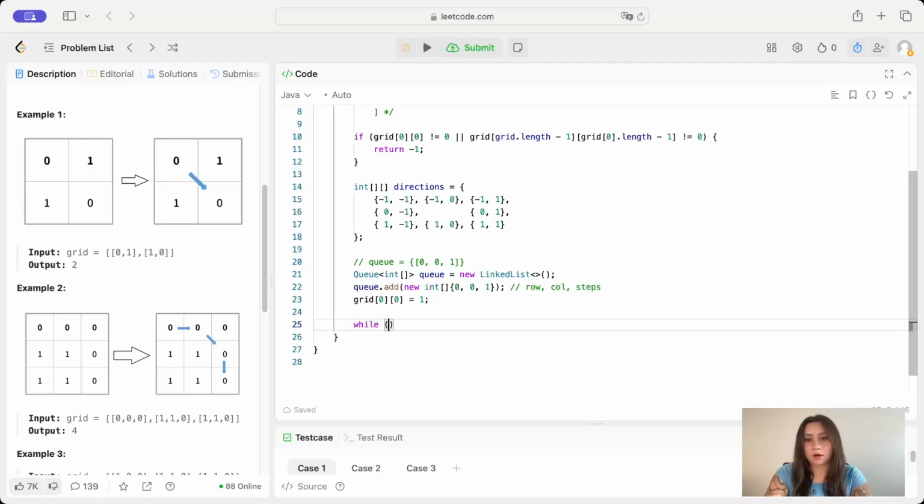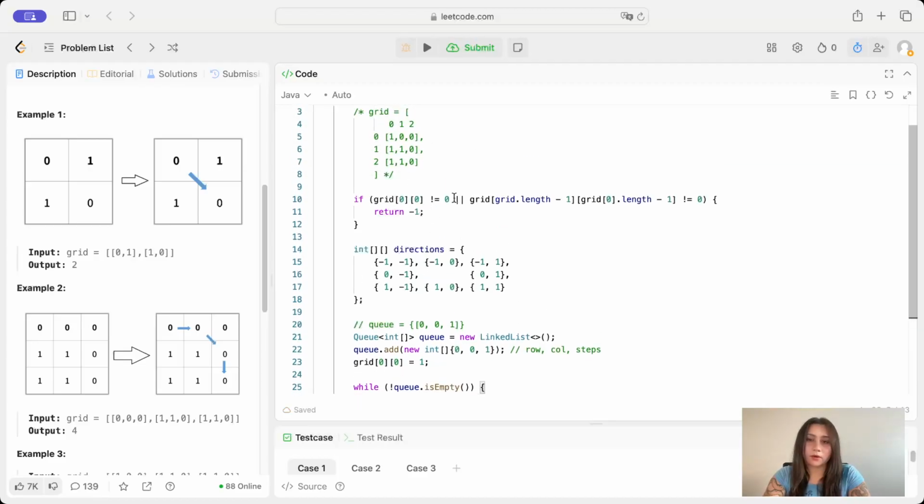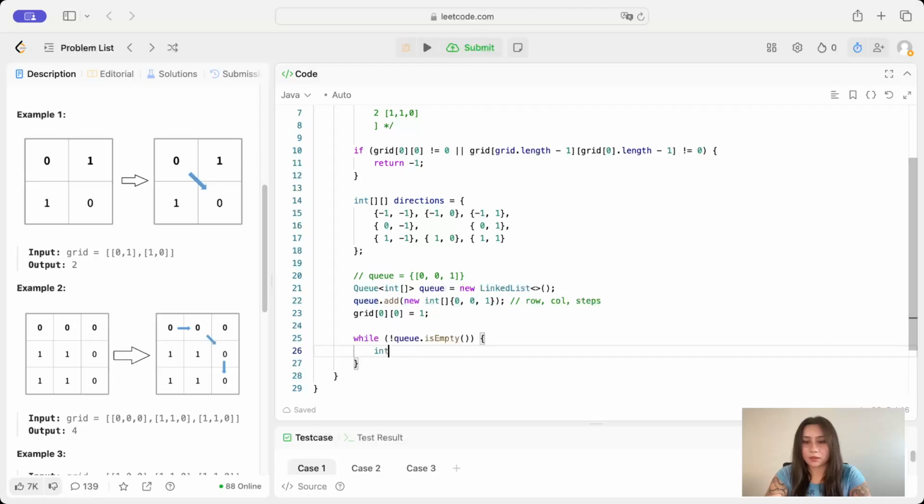So we're gonna start our while loop. So while our queue is not empty, then we'll continue doing our BFS. So we want to remove the top node or cell off of the queue. So we're gonna say int cell is queue.remove. Now we have an empty queue because we just removed it, but now we have this stored in this variable